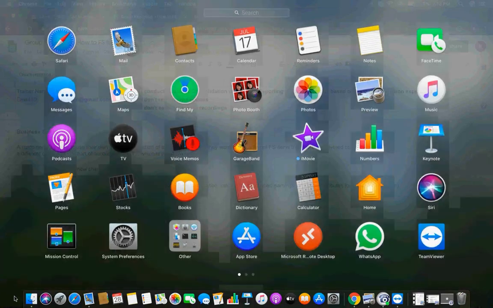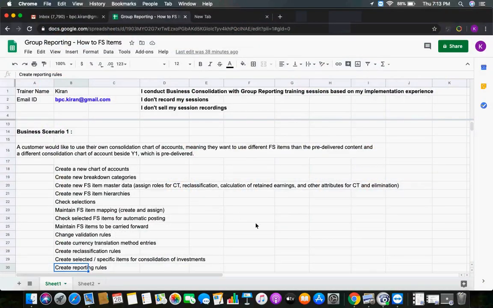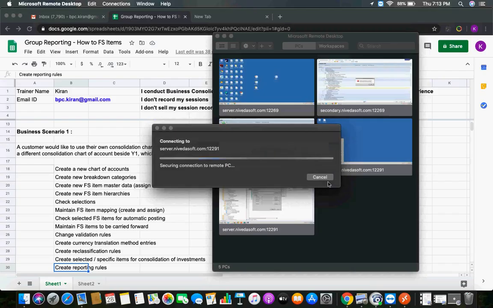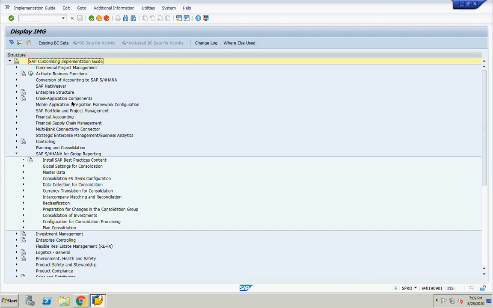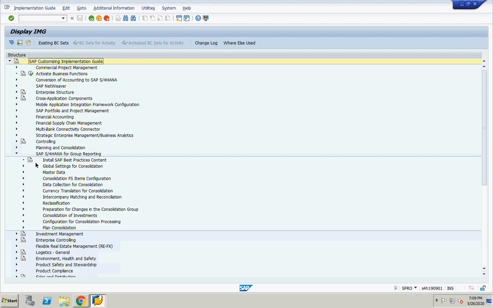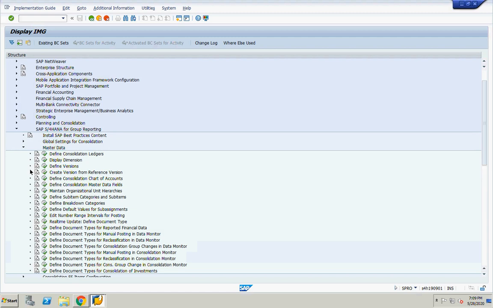So for example, this is my SPRO, in 1909. Here you see master data. Define consolidation chart of accounts.